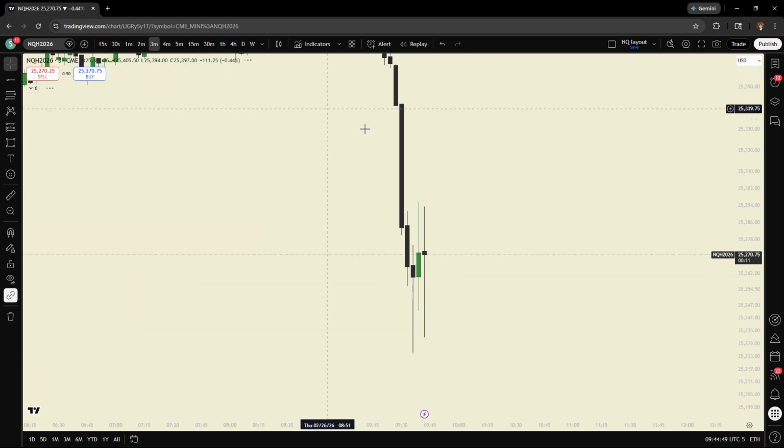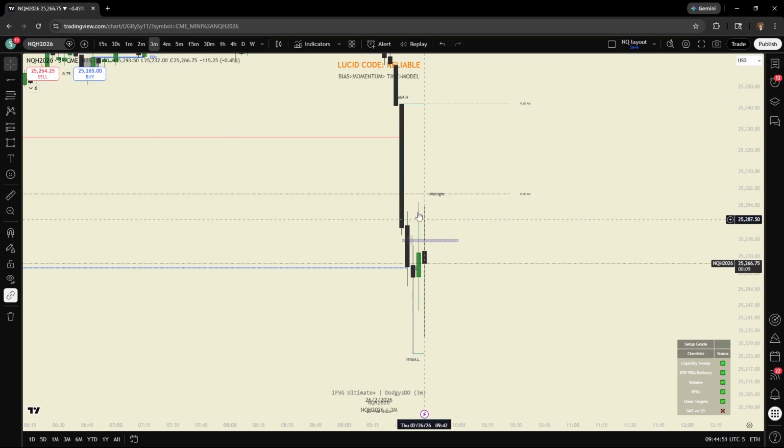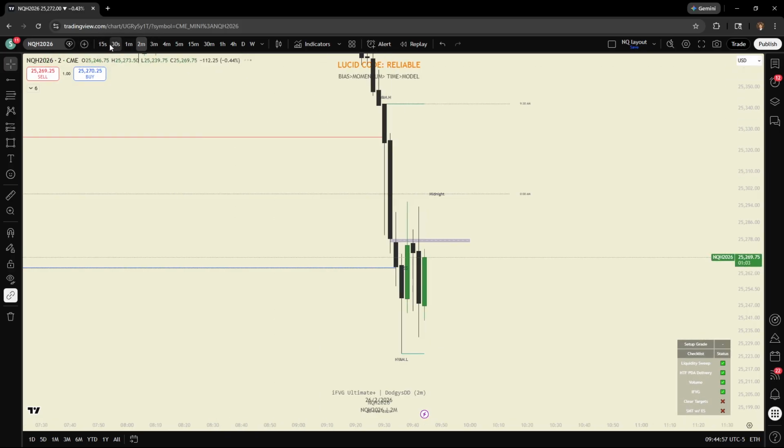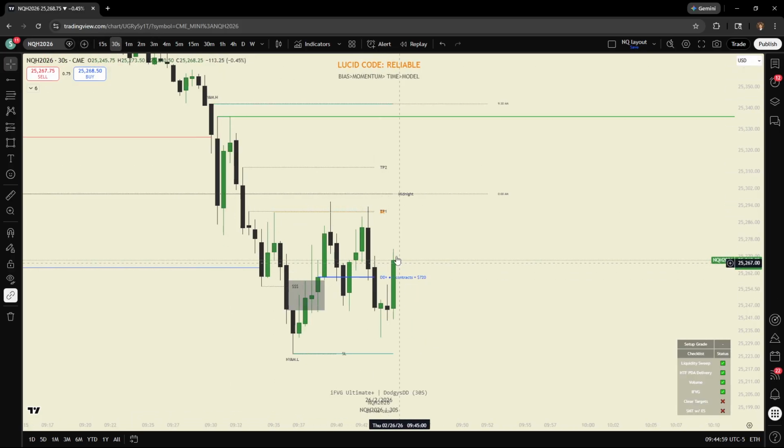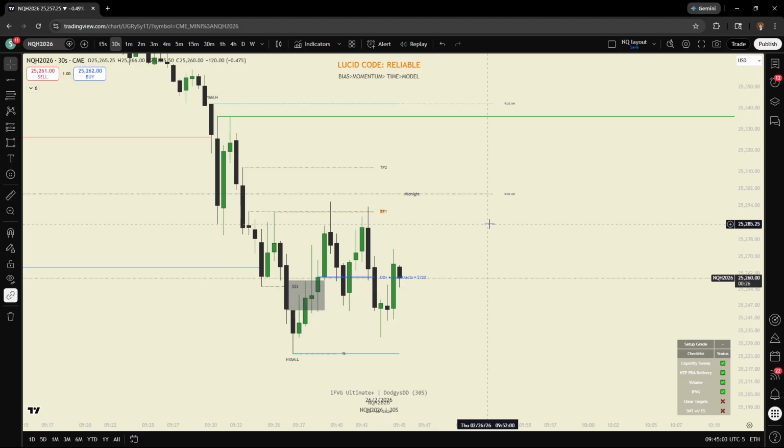So it's because we've already balanced this, right? So this kind of acts as our immediate draw on liquidity that gives us the break even, but because we've already tapped that, we don't necessarily have to come back to that. Basically, we had an unbalanced gap there that we knew we'd at least hit on the first play. The second play, there's no unbalanced gap there. We already balanced it. So even if the bias is bearish, there's nothing saying we're going to go to this. You know what I'm saying?